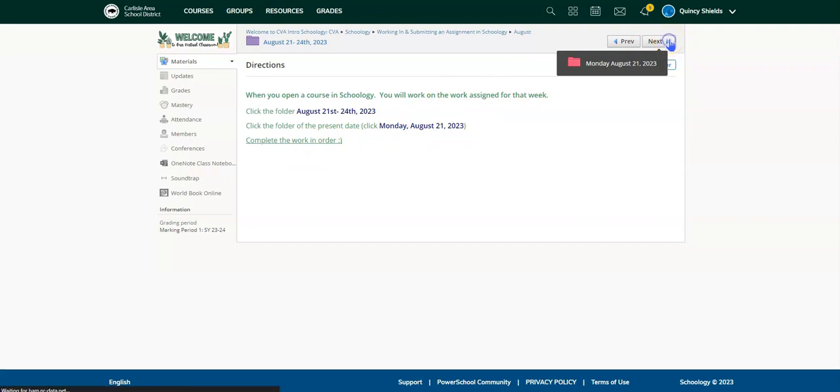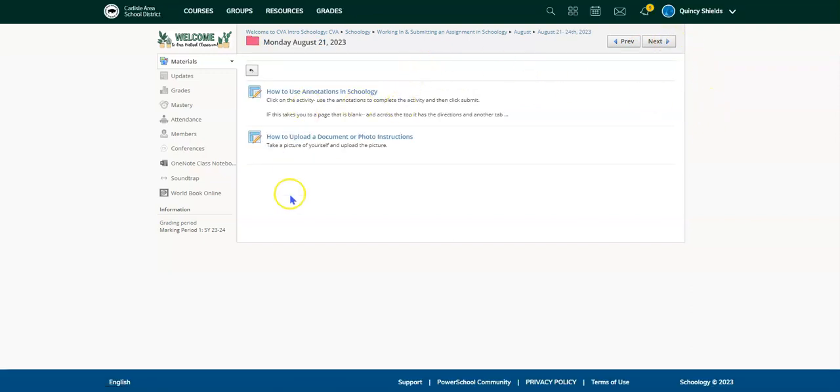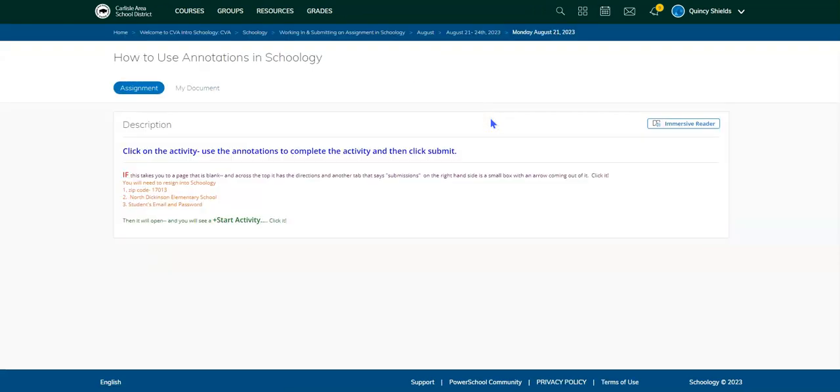You can go here and click the next button, and it's going to open it right up. You're going to come to an assignment that looks like this. This is a really big assignment that we do in all grade levels, and we use this a lot for my kindergarten and first graders. You will also see this in second, third, fourth, and fifth. I'm going to show you annotations. So when you come to a page that looks like this,